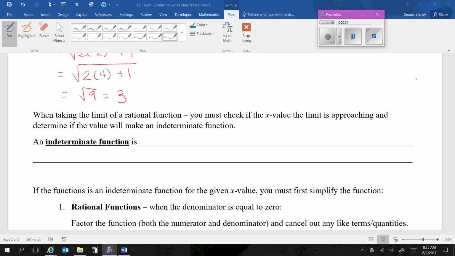Okay, so we got to finish limits. This fun word, indeterminate, means when you can't solve or simplify the